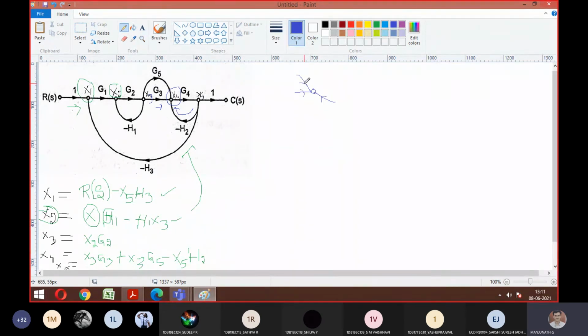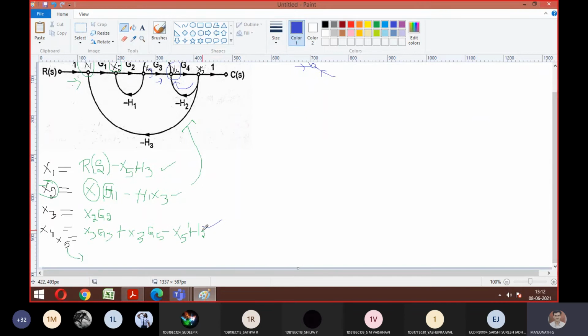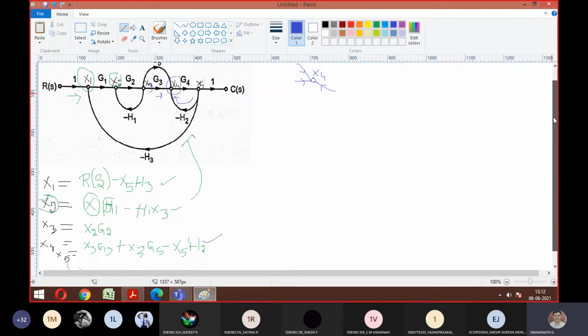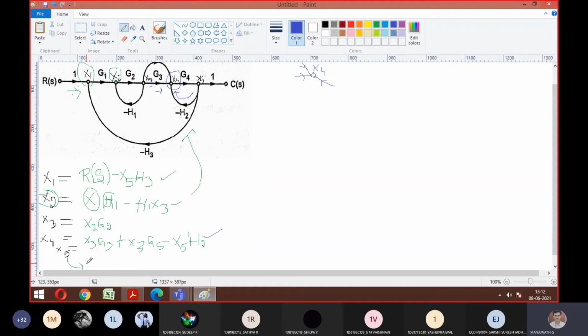That is what we wrote here. The first entering point is G3 X3, the second entering point is G5 X3, and the last entering point is X5 and H2. Since it is having minus, we wrote minus X5 H2. Is that okay? Yes, sir. If you have a doubt, just mark the nodes like this, what I showed here. You only need to worry about the entering part. The leaving part is like entering for another node. That is why I told you to worry about the entering part.